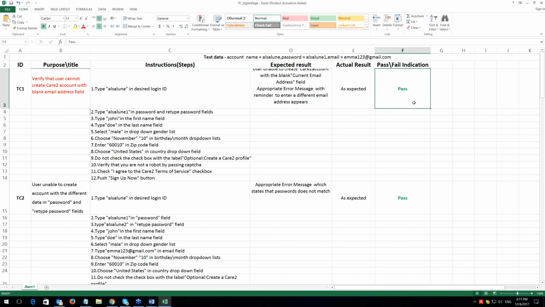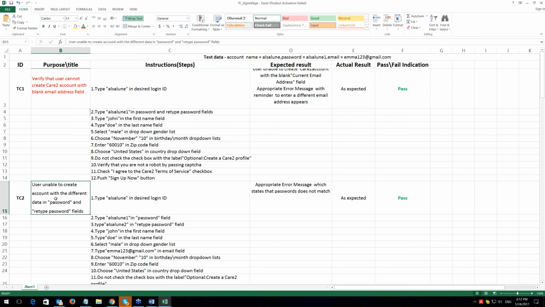Very good, really good. So here, as you see, instructions, all the things, and somewhere here it should say do not type anything in the email. Okay, you don't have it, but I assume that this is the reason why you are leaving it blank. The same here.